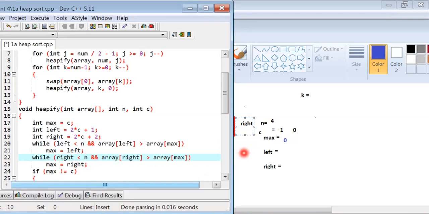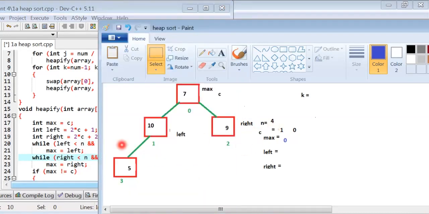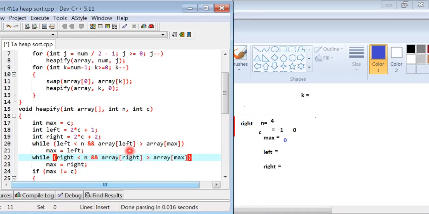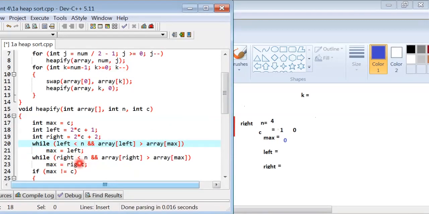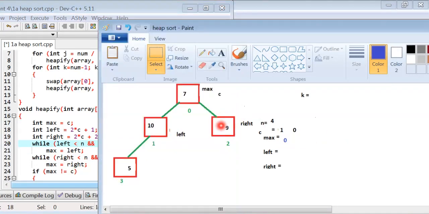Left less than n, the value of n is 4, the condition is true. Then array left is greater than array max, the condition is true. Max equals left, meaning the value of left is inserted in max.